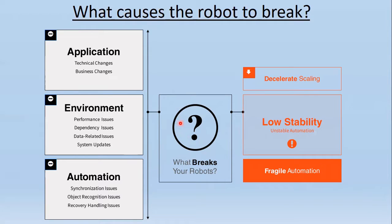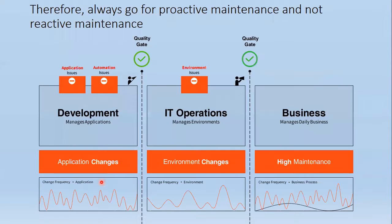And we also have to make sure, see, there are some issues that we can of course avoid if we do the testing properly. If we have tested 100% of all the activities and all the branches that we have developed, then we can of course avoid a lot of issues that would occur in production. So that is what we should be doing while we are developing an RPA process and actually deploying it in production. So therefore, always go for